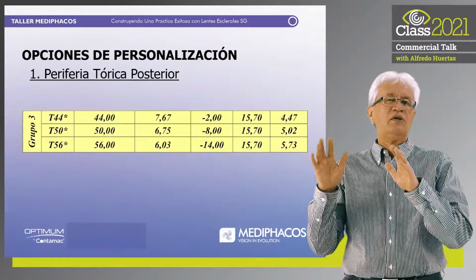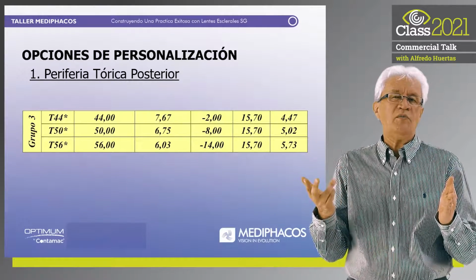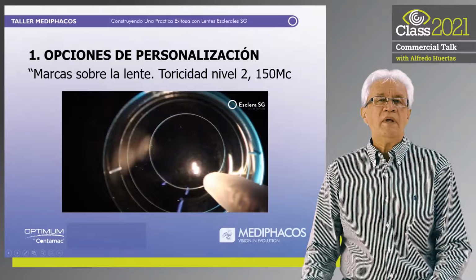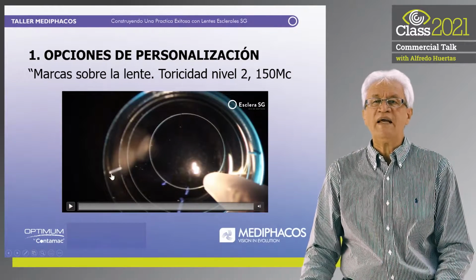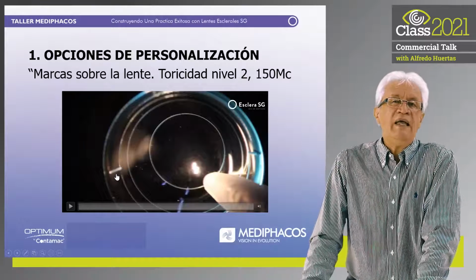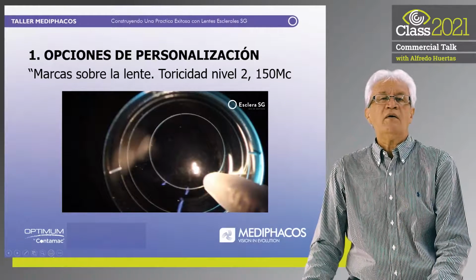Level 1 is 150 microns, level 2 250, and level 3 350. And we can also carry it by diopters, which is level 1 1 diopter, level 2 2 diopters, and level 3 3 diopters. Now if we see the following video with the horizontal marks, it is the differential characteristic that the lens is part of group 3. And here you can see in T56 level 2,